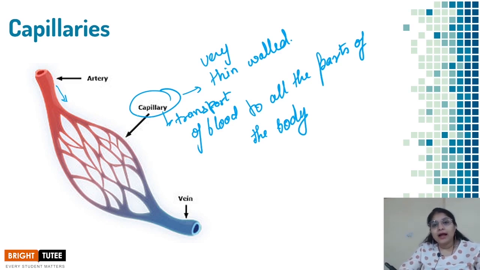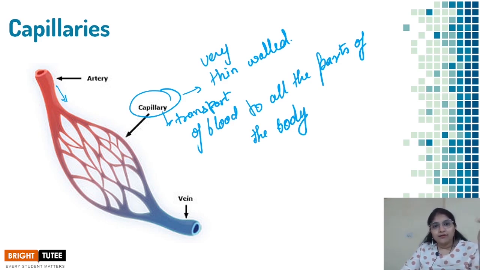These are so thin that when you have a little paper cut, you see that there is a little blood. What exactly is being cut over there? It is not an artery, it is not a vein, it is the capillaries